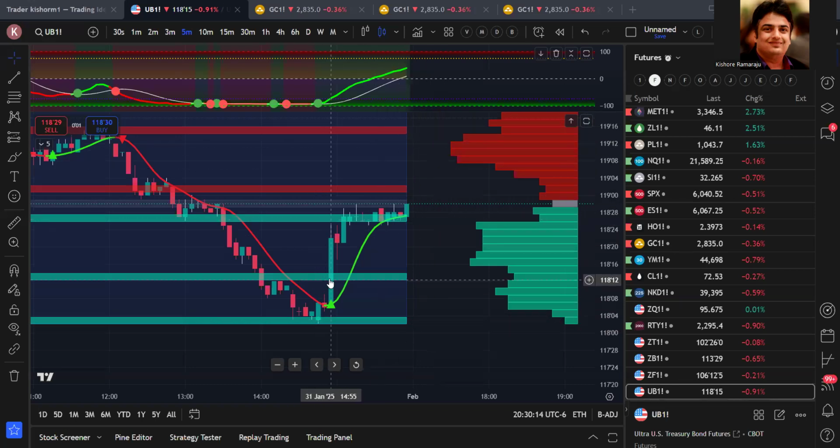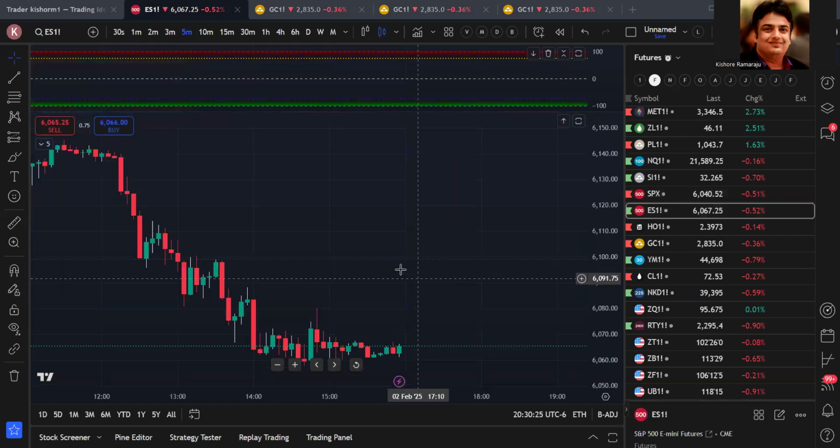So this is your buy zone. This is your sell zone. A lot of selling volume is here. A lot of buying volume is here. For example, if we go to ES,